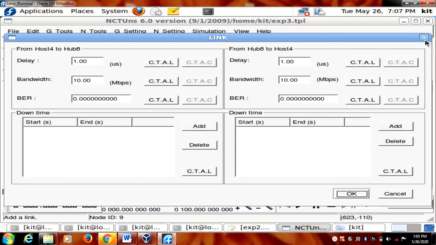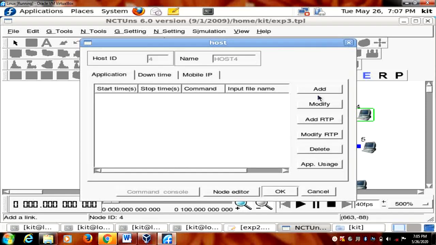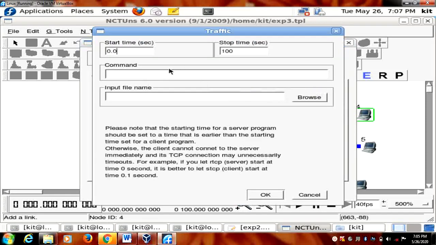I have treated this as a receiver. This is the sender and the fourth one is a receiver. I will click on it, add a path. No need to change the timings here, let it be 1 to 100 itself. Go for rtg -u -w log 1. You just copy this, you can't always type, so I will just copy this.